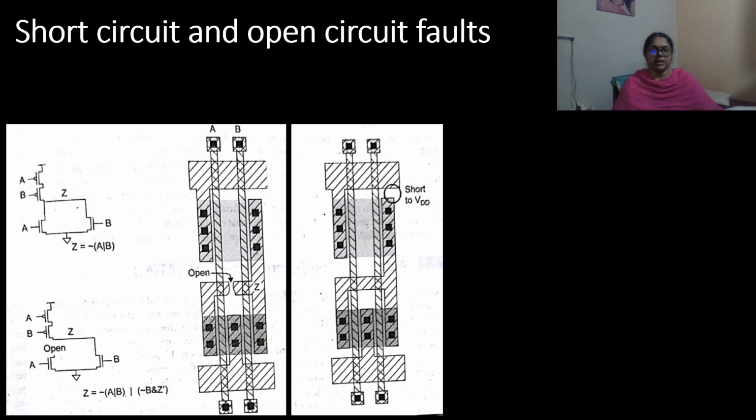Apply 0, 1 or 1, 0 input, then the static IDD, that is current between VDD and ground, increases. Thus, we will be able to know that there is a short to VDD.